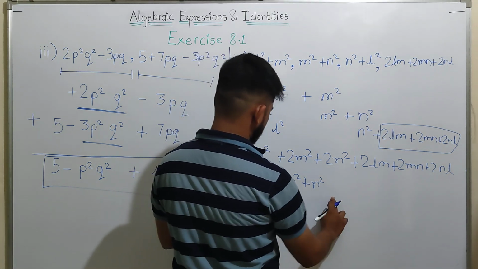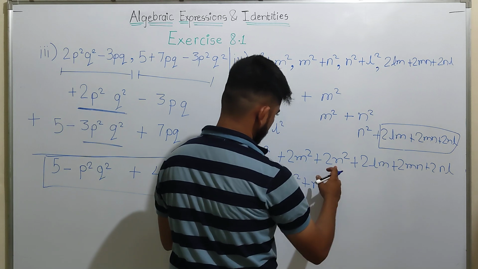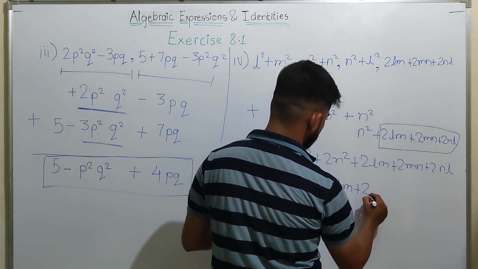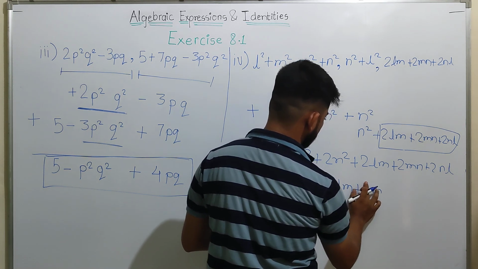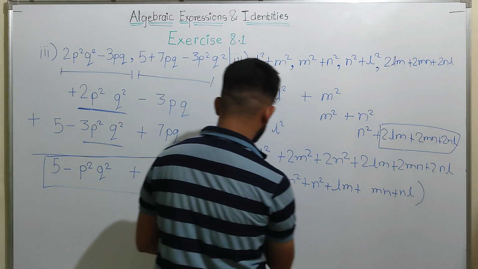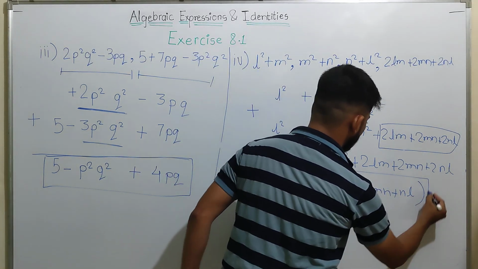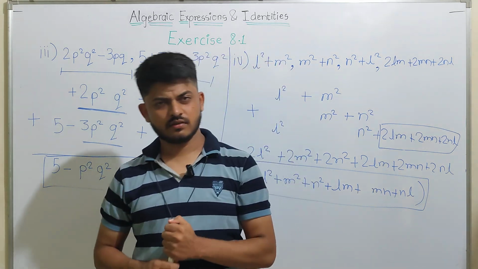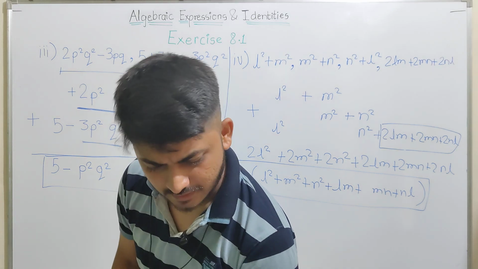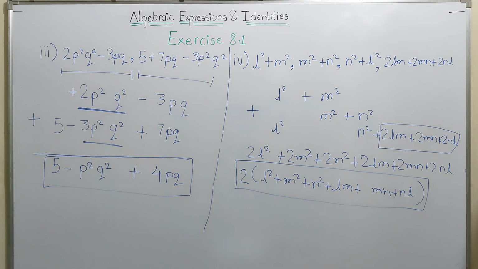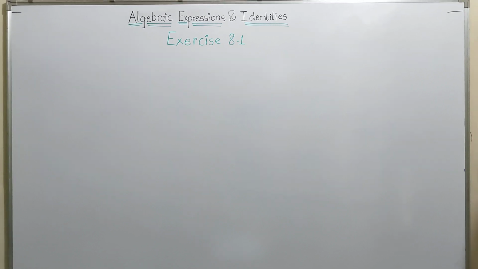So 2 into bracket, we can write the whole terms, the rest of these two. We can write it as it is, that is plus lm plus mn, not 2mn, because we have taken 2 common, directly write mn plus nl. So this is the required answer of the fourth example. I missed the fourth term. I'm extremely sorry. So no need to worry. Consider that example also. So this was exercise 8.1, the very first question. So as we have seen,